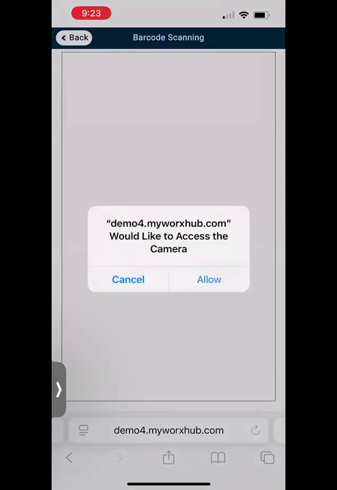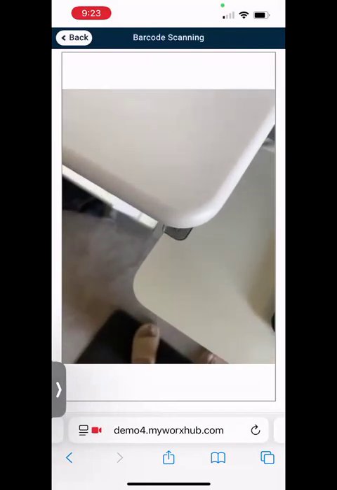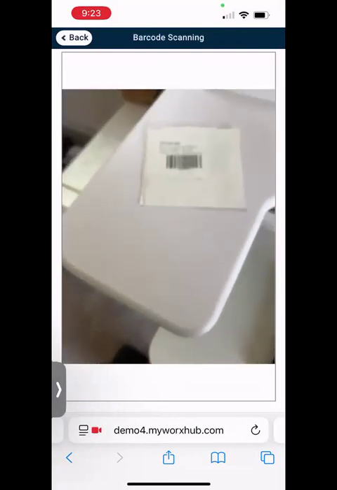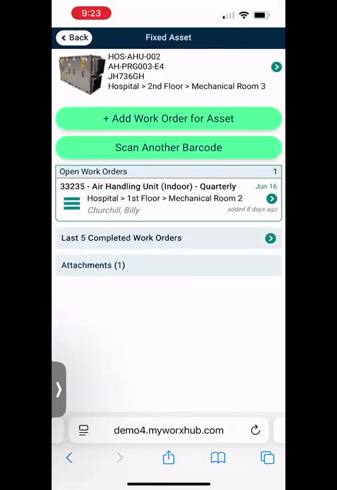It's just going to verify that you are allowing it to use the camera. Once we have that, your camera should pop up, and then we can go to the barcode in question, scan that item, and then it should show you the asset display, at which point, if we wanted to view history, you can tap again on the last 5 completed work orders,